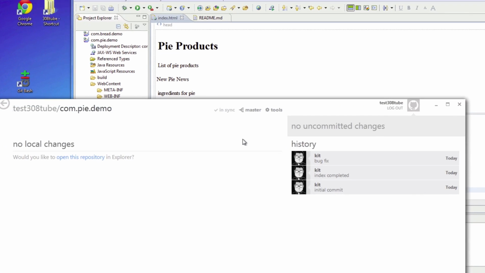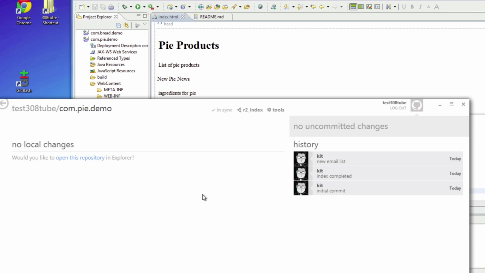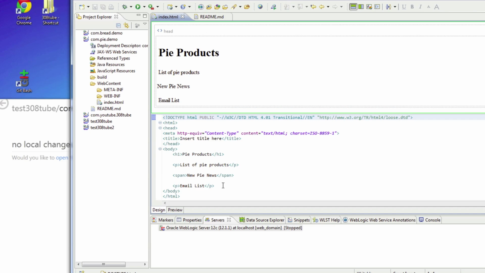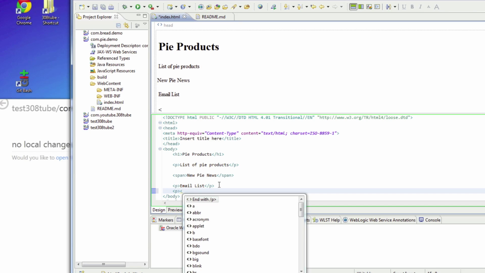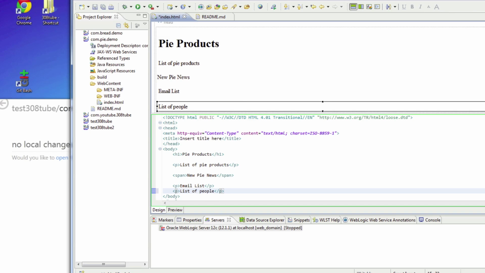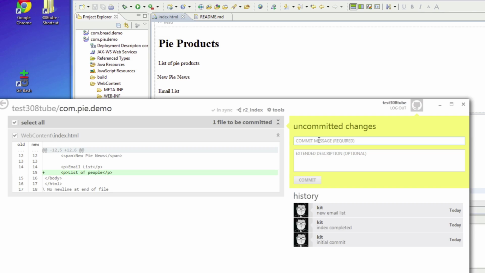Now that production is fixed, we can go back to our branch. So our branch would be index, and this will change, of course, in our IDE, and we can continue working on our changes. So we have email list, and then we'll finish up and we'll say list of people, and we'll save that. And then I can say finished list,